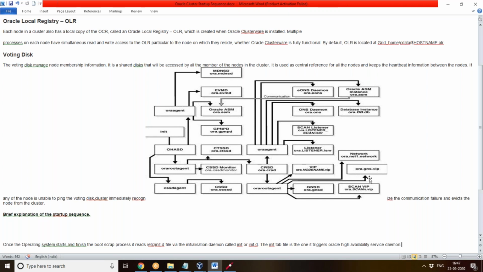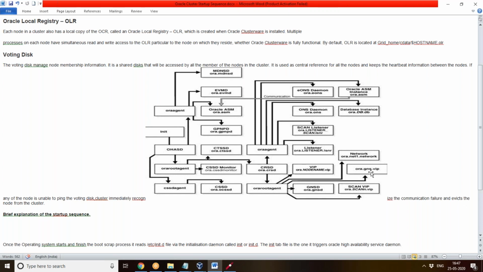Then GNS. What do you mean by this? GNS means Grid Naming Service, like the Domain Naming Service we have. For a host IP address, we give some name and call that the host name. Similarly, here for grid naming service we use this Oracle root agent. It is an optional one and we normally don't use it; when we want to use it, we can.